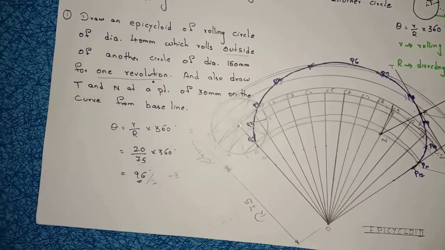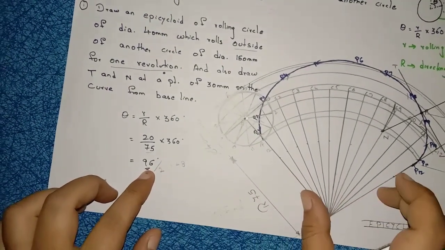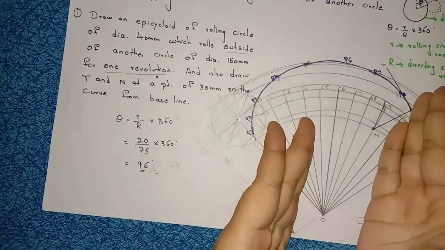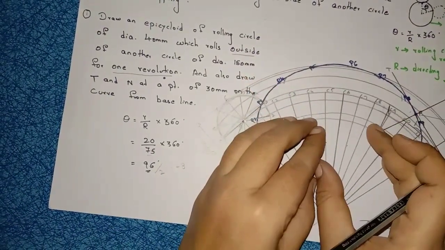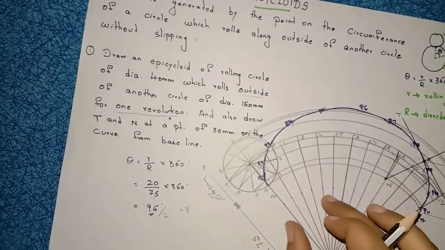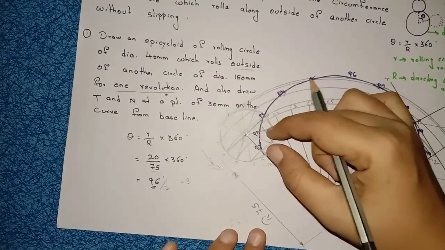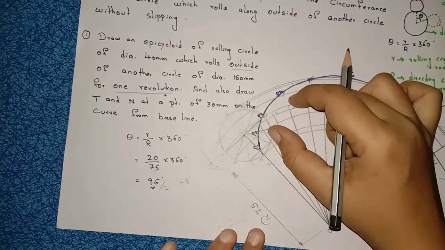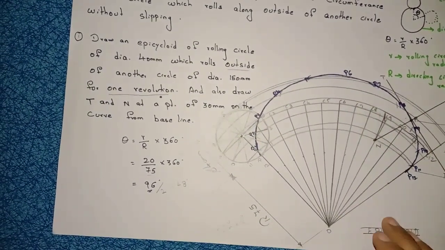Right, so the point to remember here is, after getting the angle, we have to divide this angle into two equal parts, half here and half here. Right, so 6 equal parts, 12 equal parts. So be careful while marking the angles. Right, so this is the same: taking the radius of the circle, C1 as center first line, C2 as center second line, depending on the circle numbers. We are drawing the cycloidal curve.